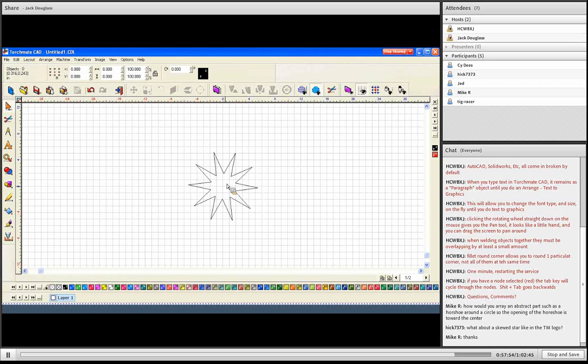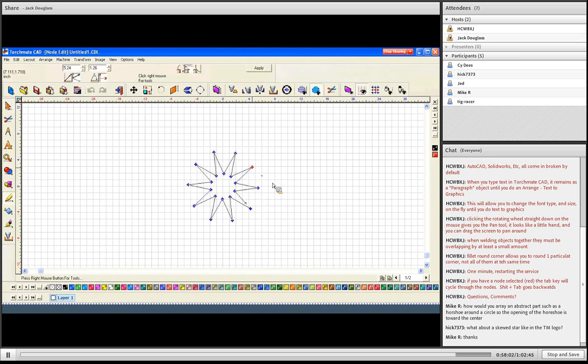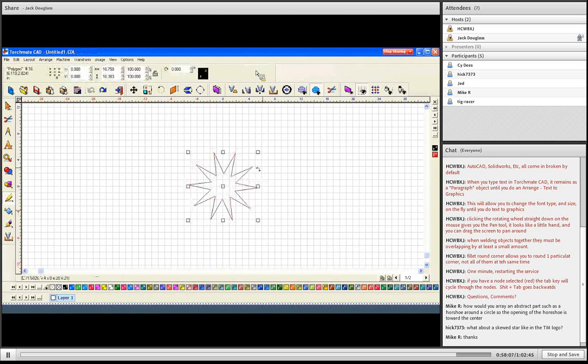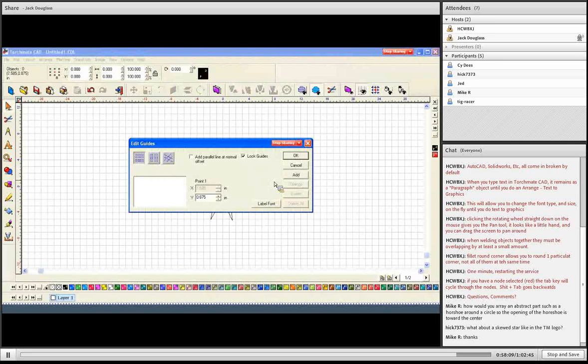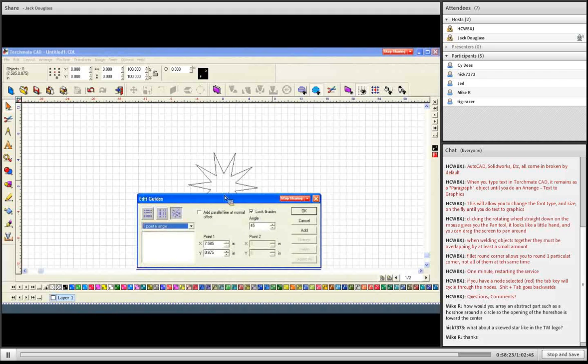So if I wanted to make sure that each of these followed the same line that it was already drawn at, so I didn't end up with something where it was like that, is kind of what I'm getting at, I'll right-click to edit guides. I'll go into the angle guides here. You can either specify an angle with 2 points or 1 point and an angle. In this case, 1 point and an angle, since I know my center's at 0, 0,